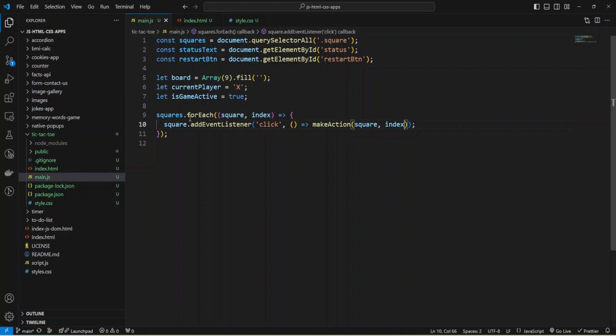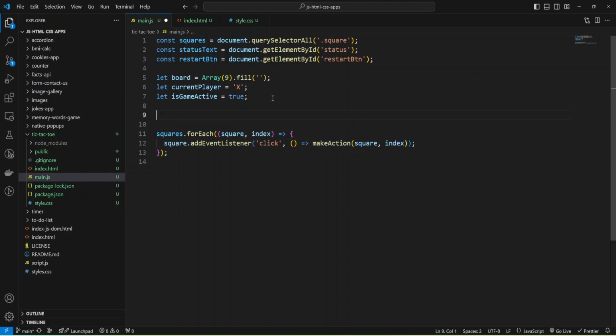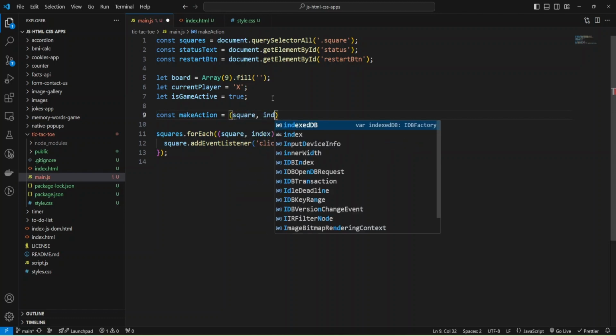And let's implement this make action function, const make action, and it will be an arrow function that will have square and index as parameters.